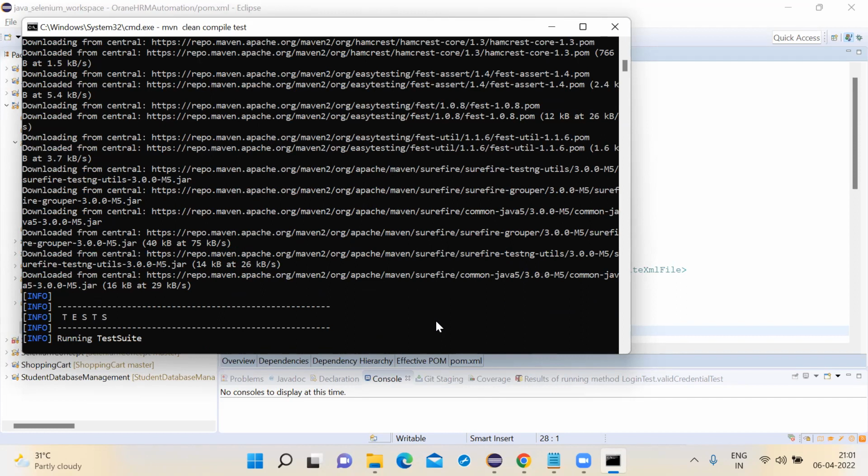Right now, whatever TestNG XML you have given, that TestNG XML will be triggered.